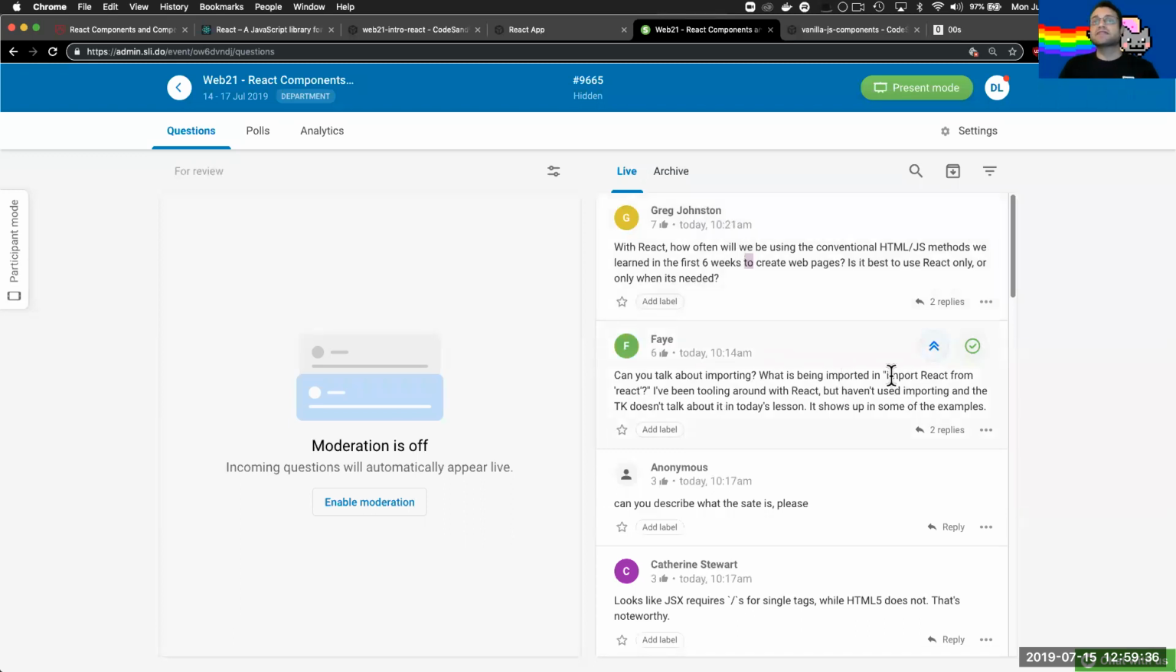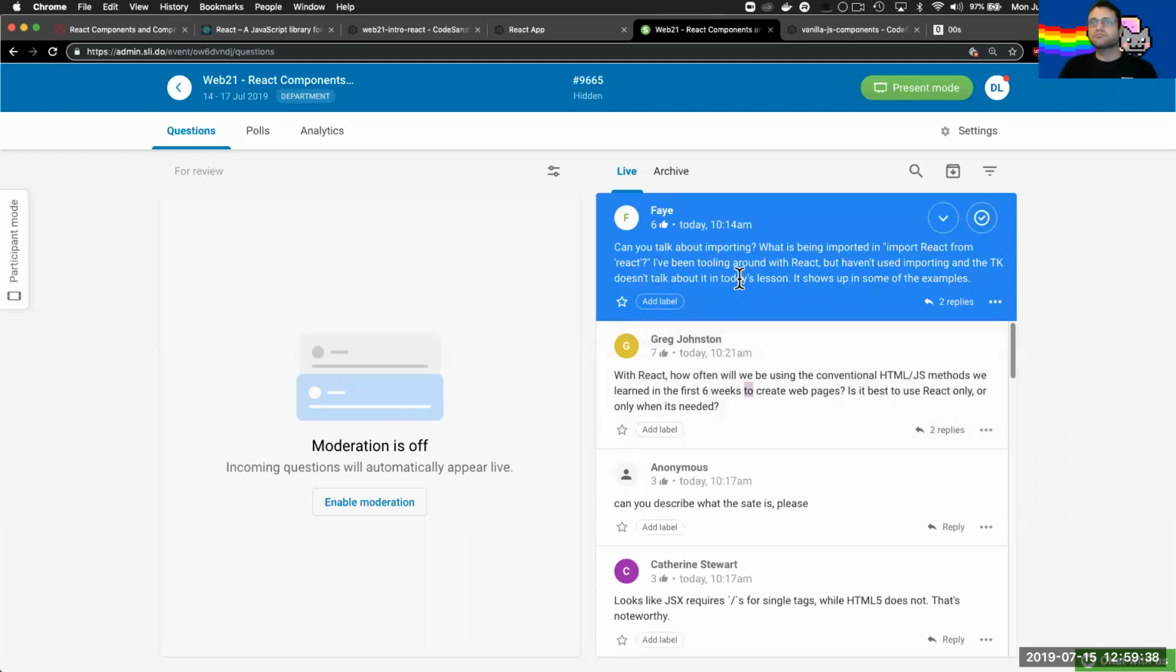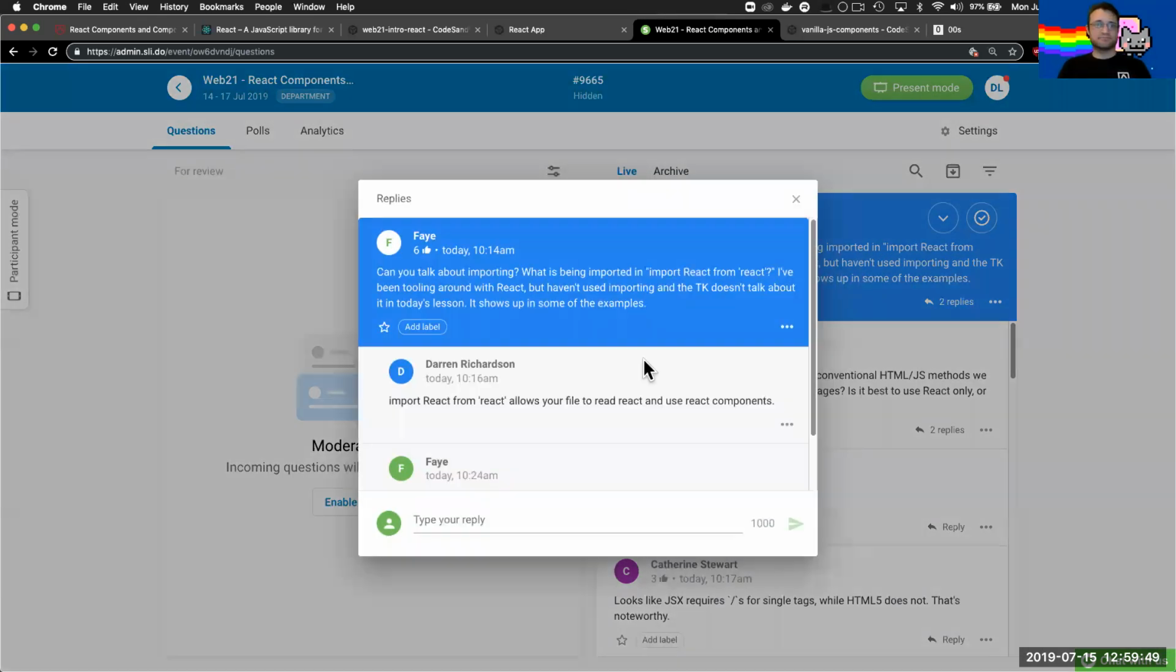Faye's asking a really good point here. Can you talk about importing? What is being imported in import React from React? Importing is